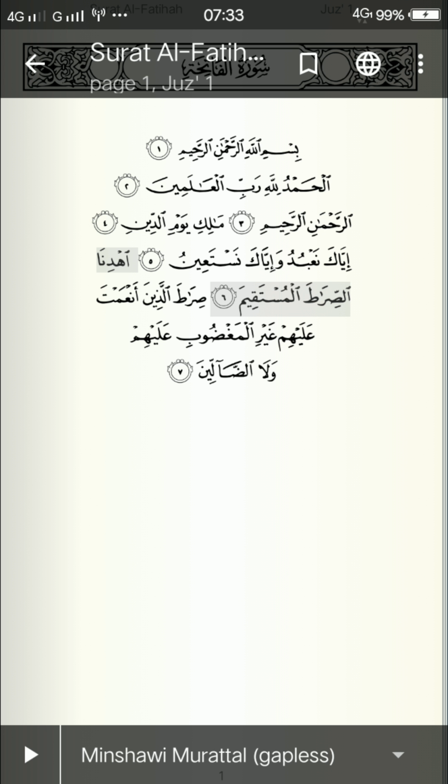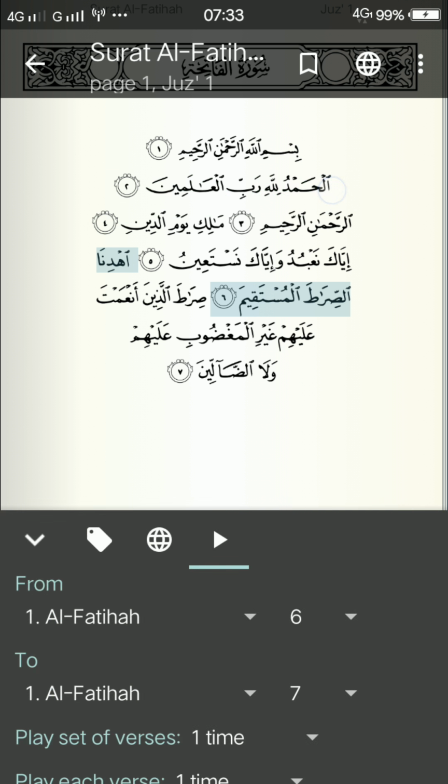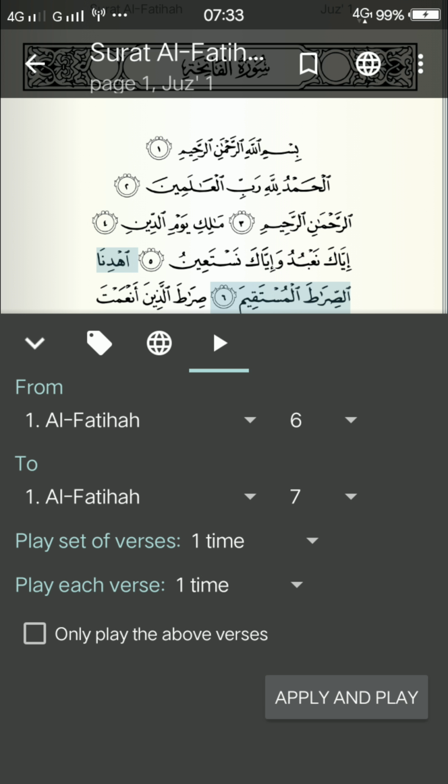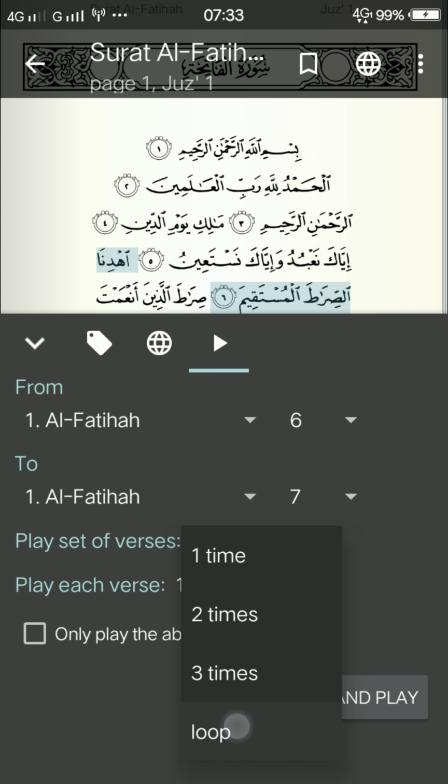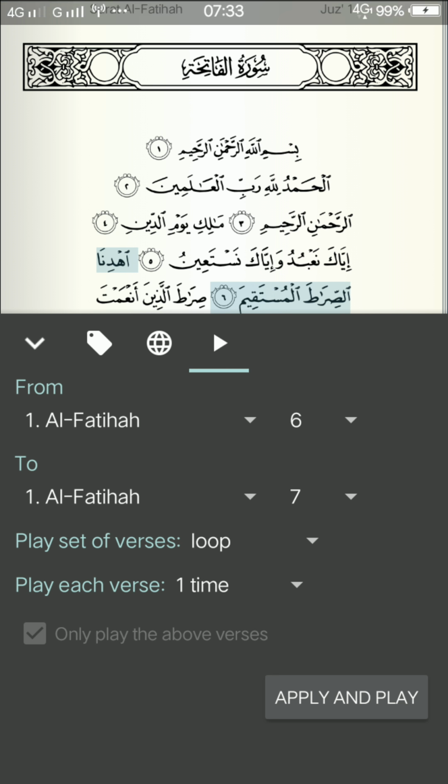Okay, so that is how it looks when you play the recitation. Whenever you want to repeat that, you can activate the loop. For example, here I want to activate the loop feature. So loop means it will repeat again and again until you